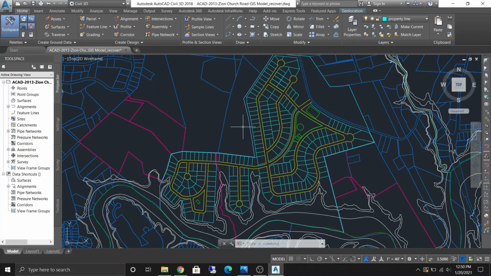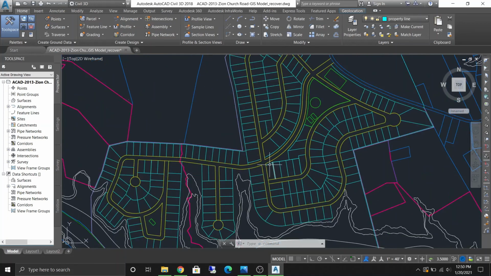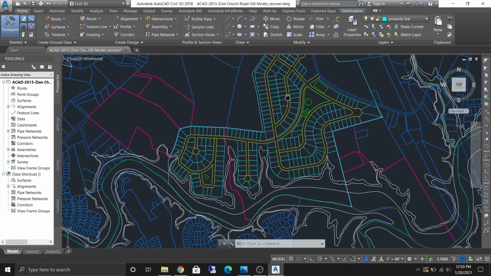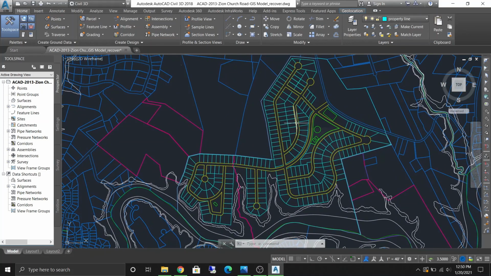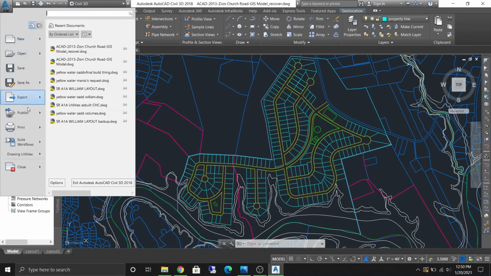Okay, so you finished drawing your sitemap, and it should look something like this. I mean, your colors and stuff might be different, but you really want your roadways and your lots depending on the restrictions in the project. So the best way to actually export this is going to be to print